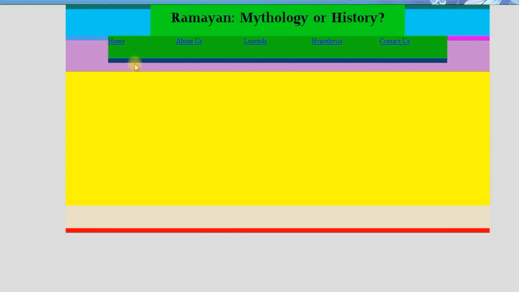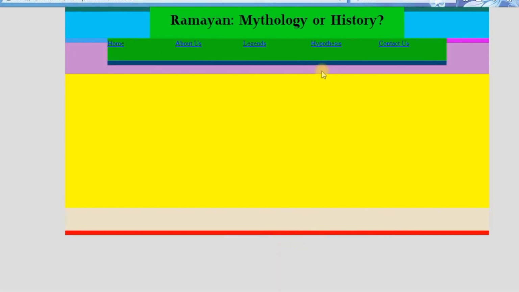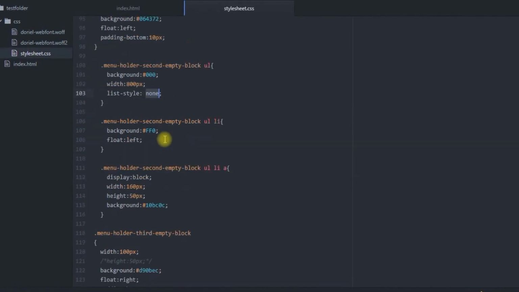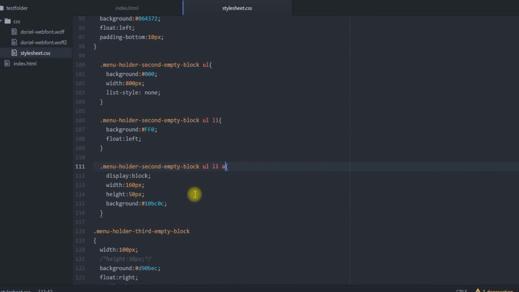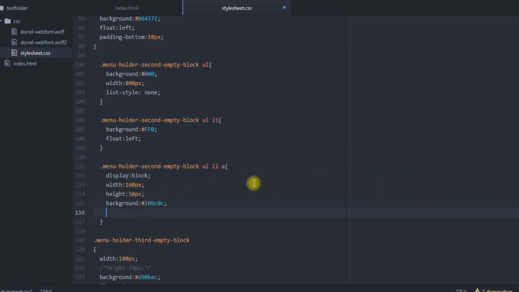The second thing is removing those hypothetical colors over here, which is the default value of HTML. So what we are going to do, we are going back to our anchor tag, where we have customized our anchor tag items. So we need to come back over here, and we need to provide a text decoration.